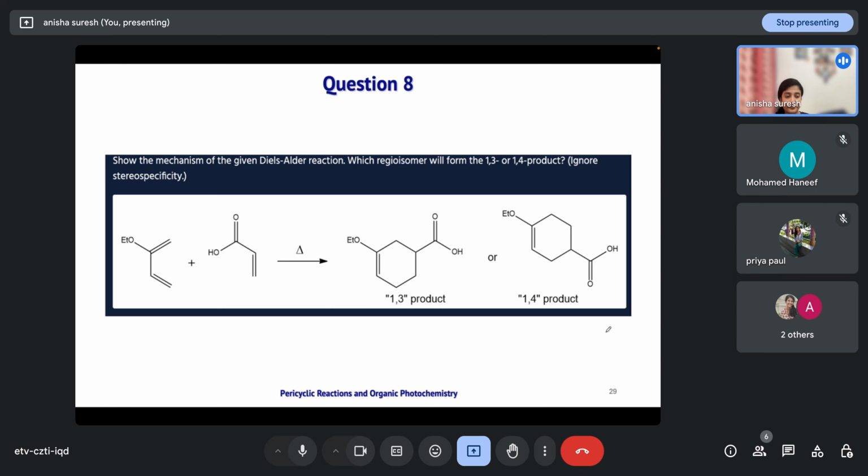So when we explain, this is an electron releasing group, right? By resonance, so this center will be the nucleophilic or electron rich center of the diene. And since this acid group is electron withdrawing in nature, this center will be the electron deficient center of the dienophile. So it has to orient in such a fashion